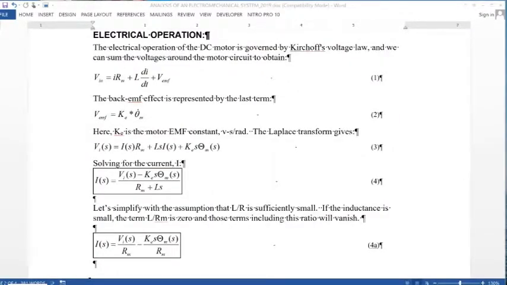Okay, so now I'm going to give you a little bit of time. You can go get your little sheets on analysis of an electromechanical system. We're going to talk about that a little bit more now. What we'll do is